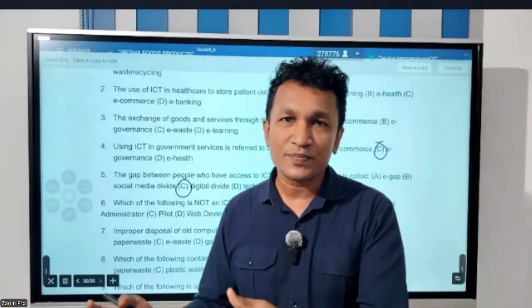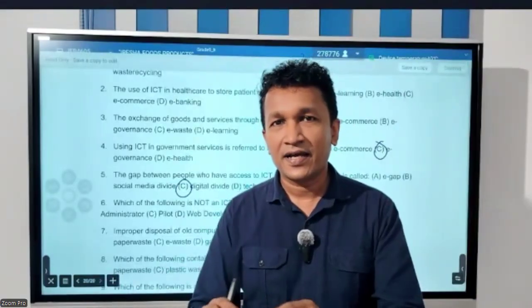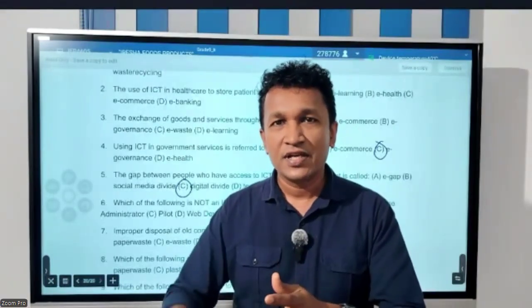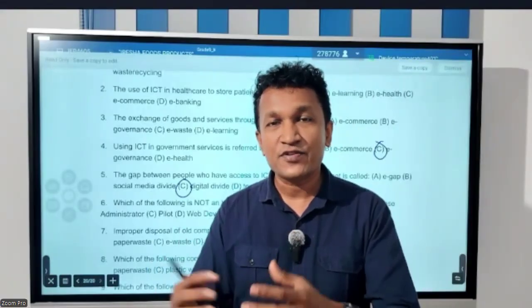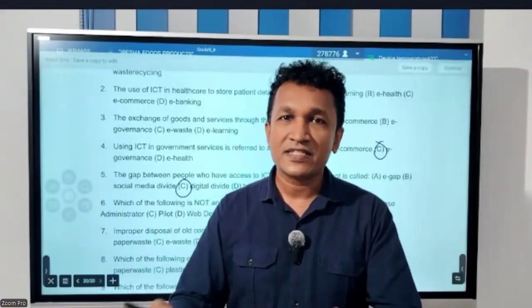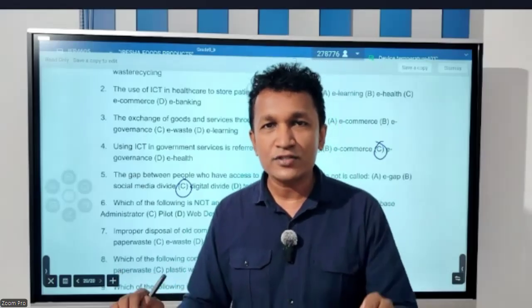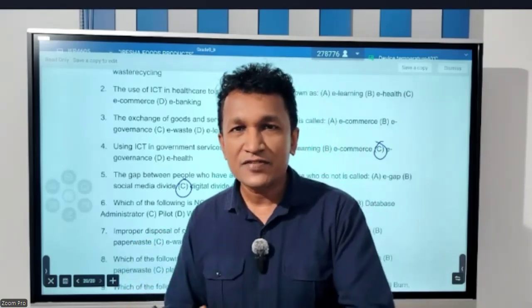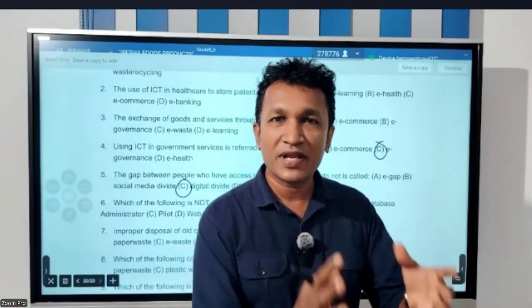So when we go to the hospital, the reception takes our details. What is your name? What is your age? What is your illness? What is your address? What is your telephone number? Those kinds of data, the reception will ask from us. Then she or he enters those details into the system. Those details will be kept somewhere, stored on a computer.